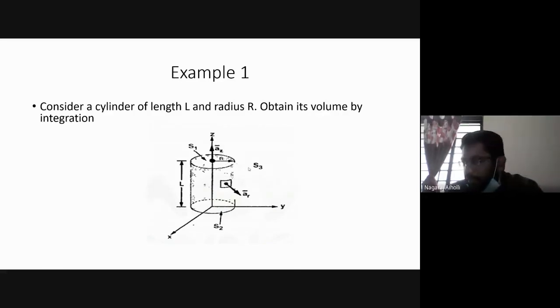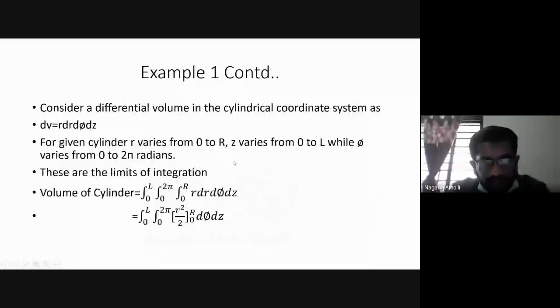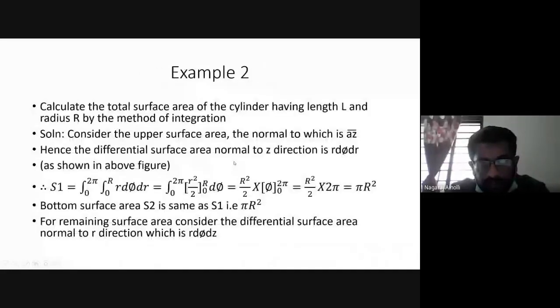So one is dr. This R coordinate will be dr. Then for the angle phi, it is the arc length, that is R d phi, as we have seen in our previous class. Those two coordinates, other than the unit vector direction AZ bar. We write the differential surface area normal to the Z direction as R d phi dr, as shown in the above figure.